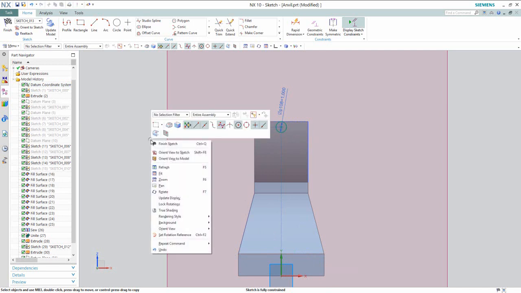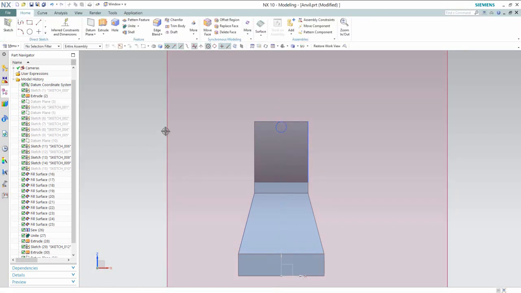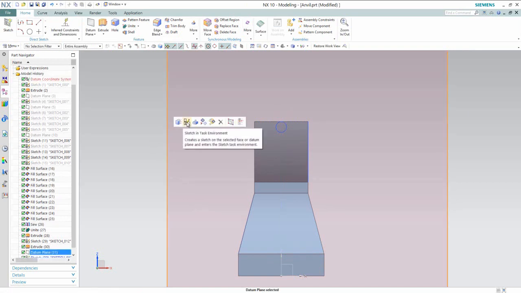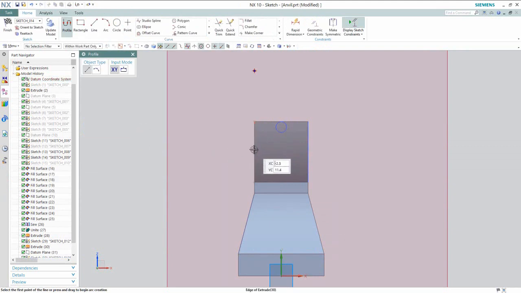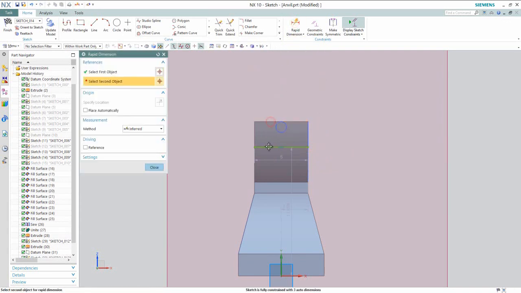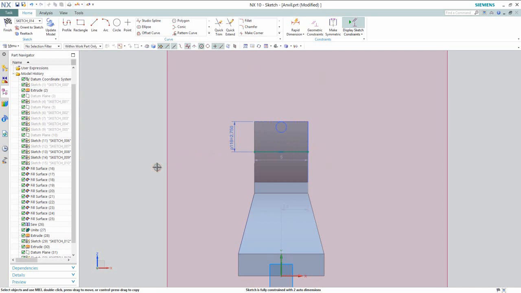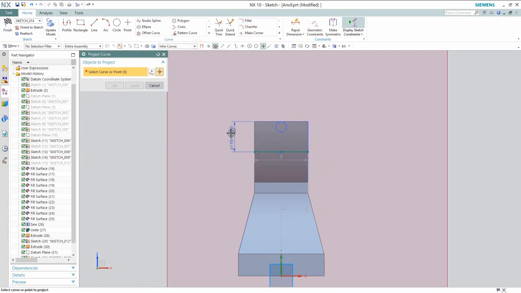Finish the sketch. Okay, create another new sketch on this plane. Now create a line from these two edges. That's it. And apply the dimension to this edge and this line. Now activate the project curve command and select the side edges of the feature. OK.